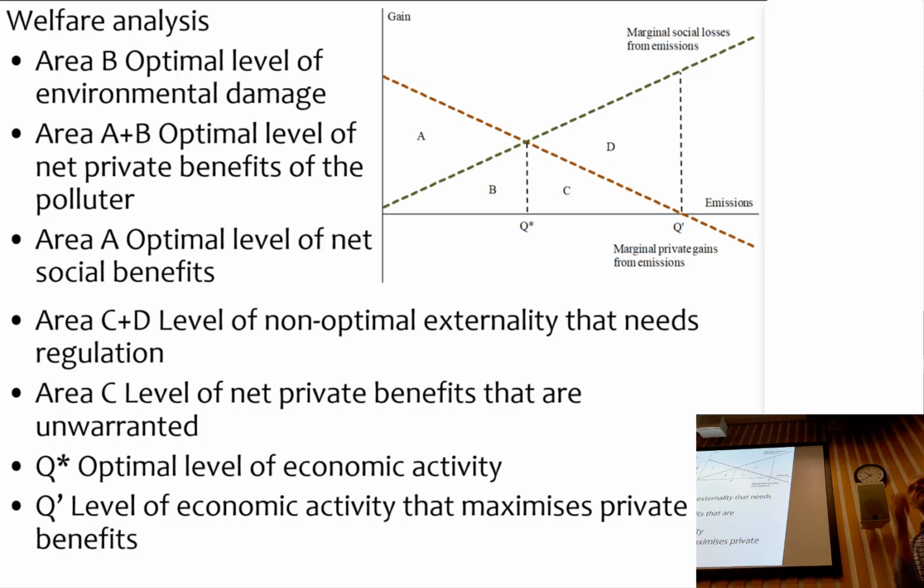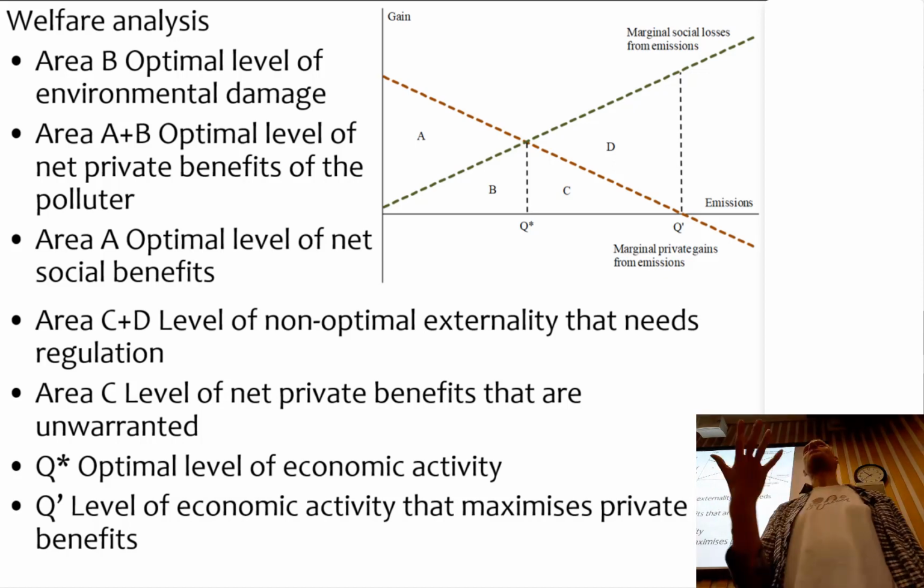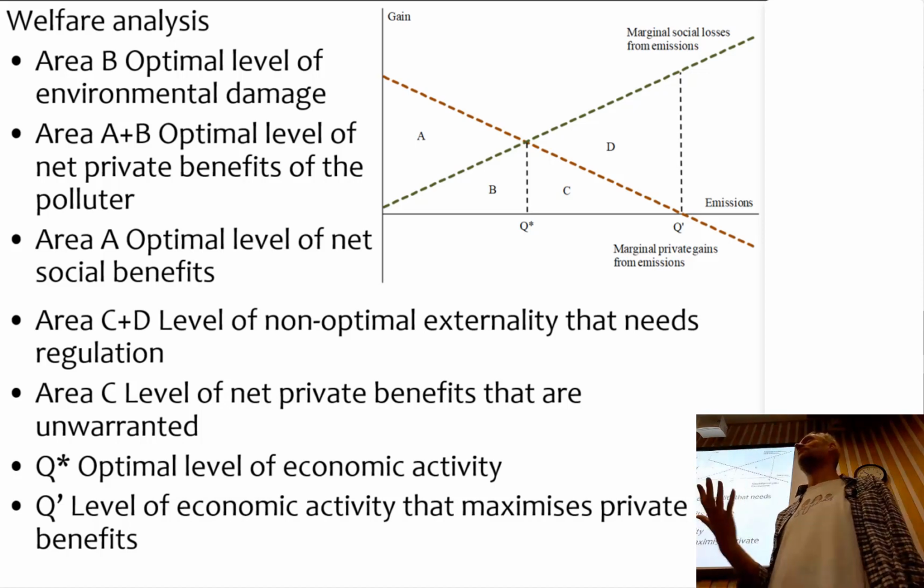Now, if I were to say this to an audience of environmentalists, or non-economists for that matter, there would be uproar, right? Because obviously the optimal level of pollution is 0. No. The optimal level of pollution would be 0 if there were no benefits from the polluting activity. Going back to the example of heating your house, the optimal level, or a 0 level of pollution, would be